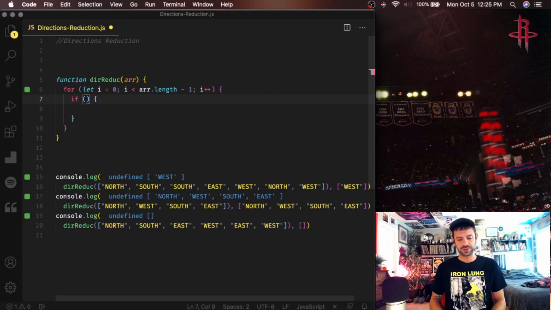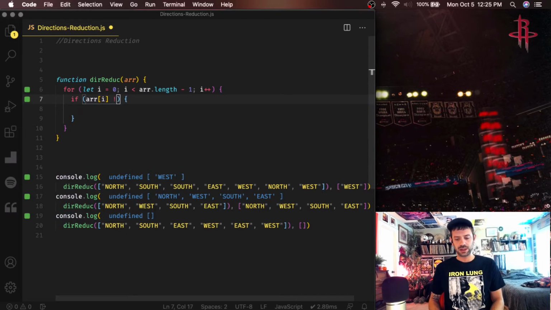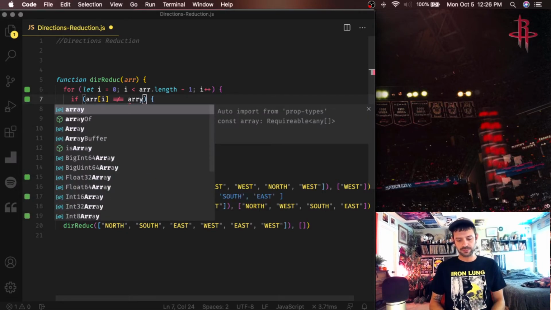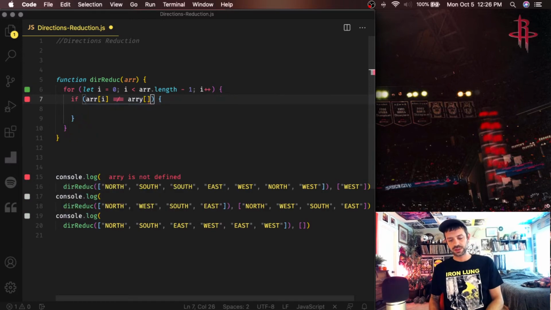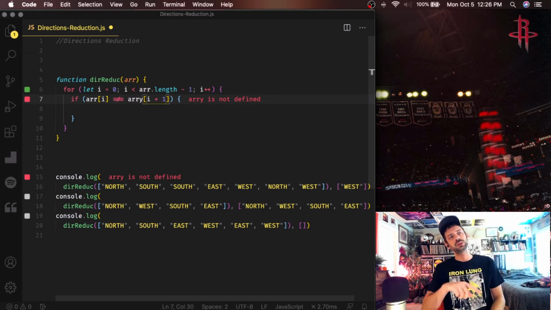So we'll say if array at index is not equal to our array at index +1. So if the value that we're looking at is not equal to the value ahead of it,